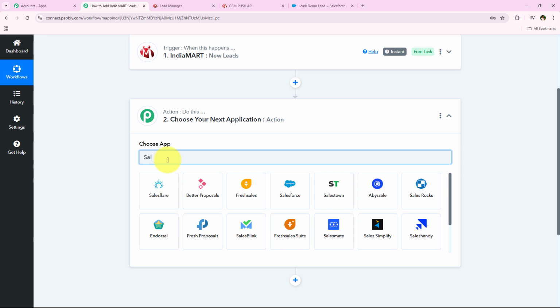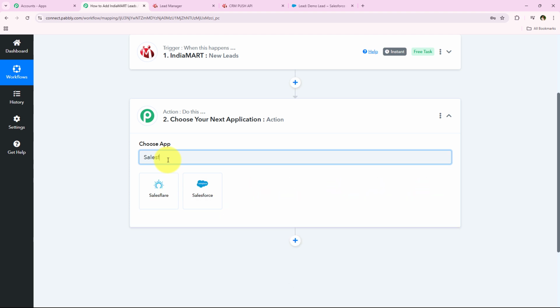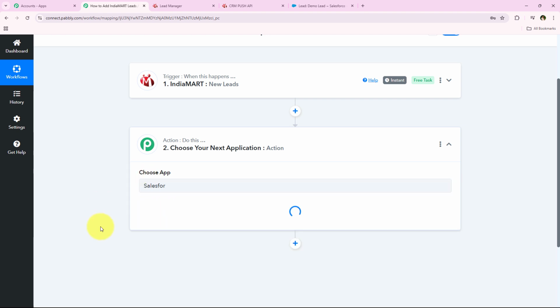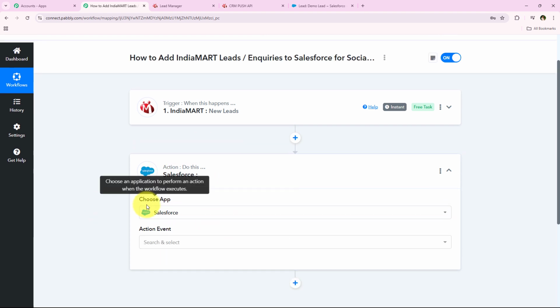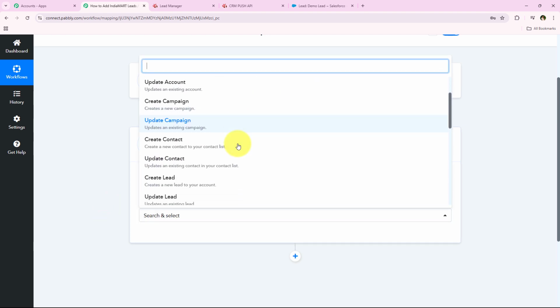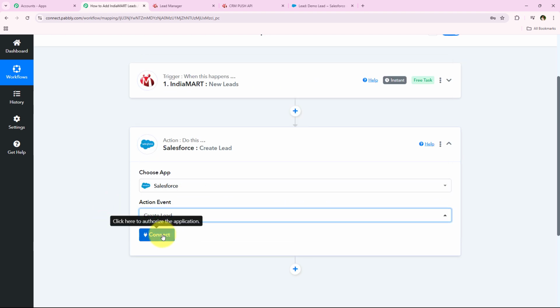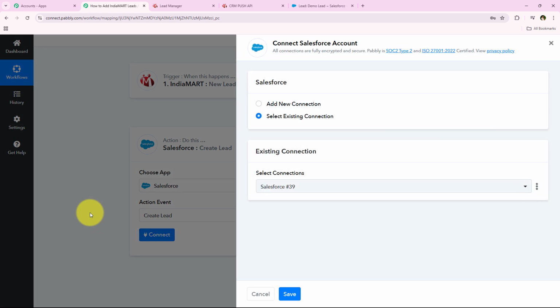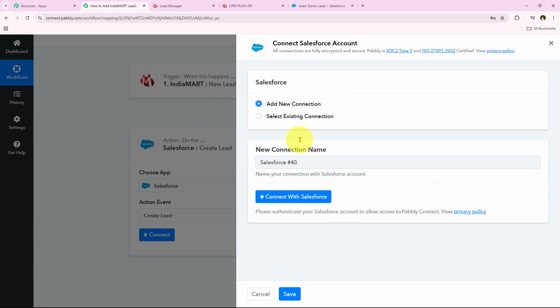So I'm going to search for Salesforce right over here, and as you can see, we're going to select it. As soon as we select the action application, it is asking me for the action event. Okay, so I'm just going to look for create lead right over here, and as you can see, I'm going to select it and click on this blue button which says connect. As I click on connect, it is asking me to add a new connection or select an existing connection. So if you have already connected your Salesforce account with your Pabbly workflow, you can click on select existing connection and then save. But if you haven't, you have to follow me, click on add a new connection,